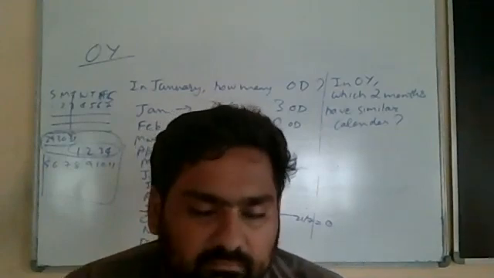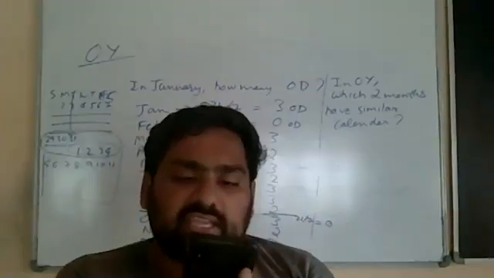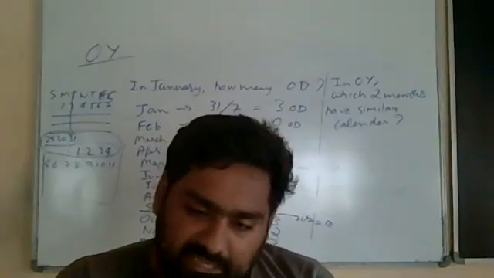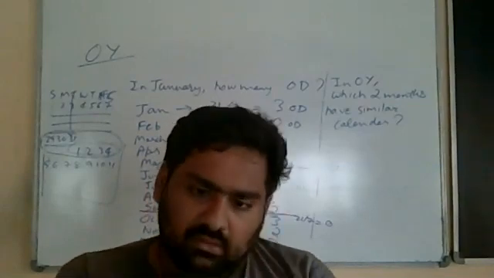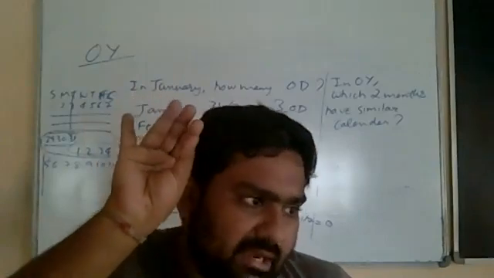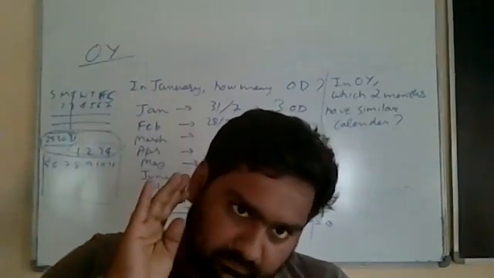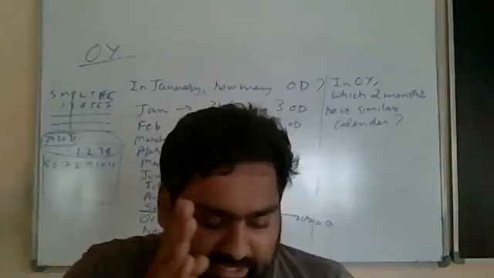Now how many days are remaining? 3 days. Now come to February. The February week has started from Saturday. Now 3 days of January are contributing to that week, no? Yes, sir. The fifth week. In January we have got 4 weeks already: 1 to 7, 8 to 14, 15 to 21, and 22 to 28. Correct? Yes. Next week is 29, 30, 31, 1, 2, 3, 4. Yes or no? Yes, sir. Then the next week is again 5, 6, 7, 8, 9, 10, 11.